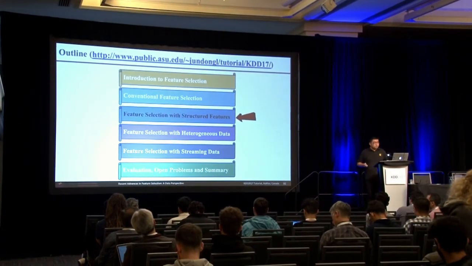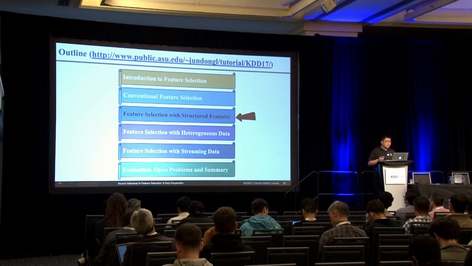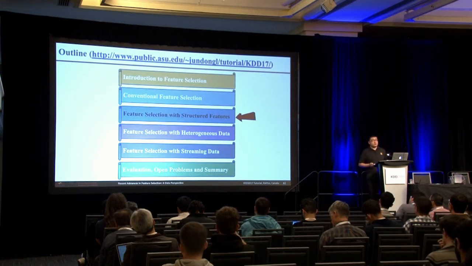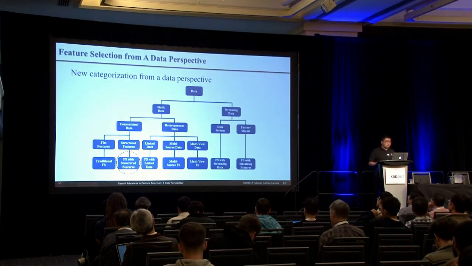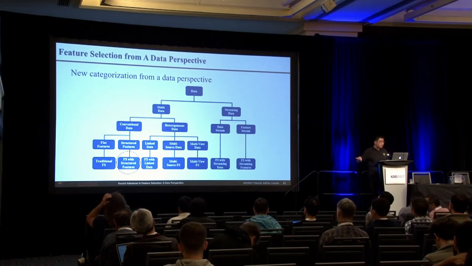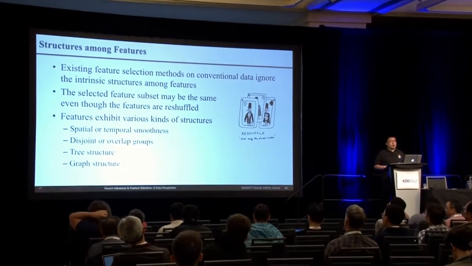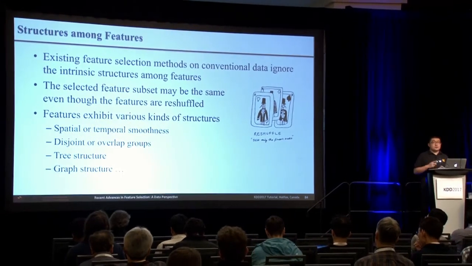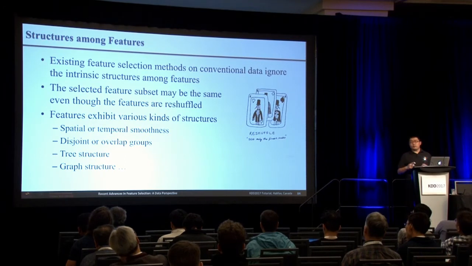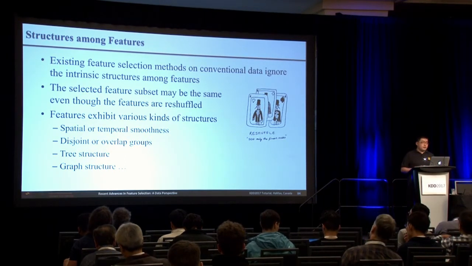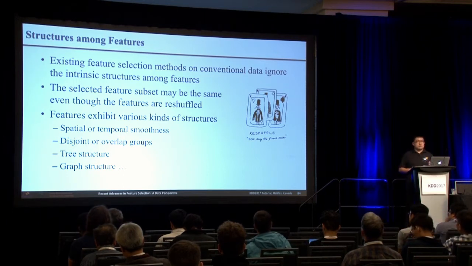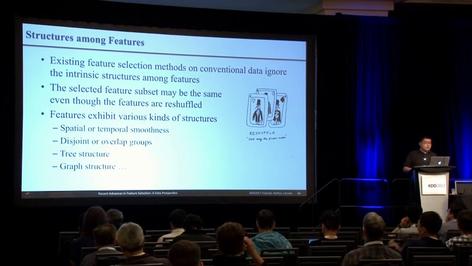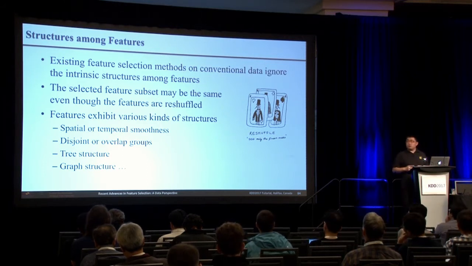Next, I will talk about some advances of feature selection research. First, I will talk about what we should do if we have structures among features. Here we mainly focus on this part. Although existing feature selection methods, such as lasso, have achieved great success in many real-world applications, these methods do not explicitly consider the structures among features. Specifically, different feature selection algorithms may yield the same result, even though the order of the